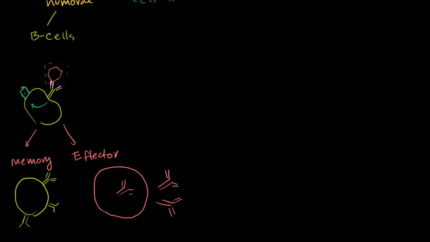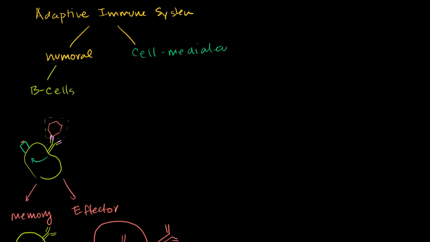Now in this video, we're going to talk about why we even have these MHC2 molecules. What are we presenting these antigens to? And so we're going to start talking about the cell-mediated response. And actually, even more than the cell-mediated, we're going to talk about T cells. And I said in the first video, they're called T cells because they mature in the thymus. And there are two types of T cells.